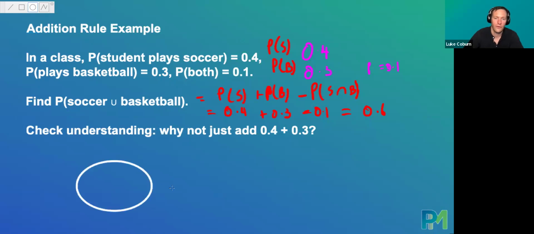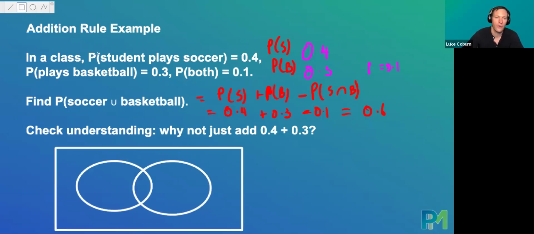So the first circle can be for soccer. Second circle can be for basketball. And then we'll have a box to make the universe. Okay, so it's going to be like soccer and basketball. And what we could do is we could just go ahead now and write down like 0.4 and 0.3, and we would be